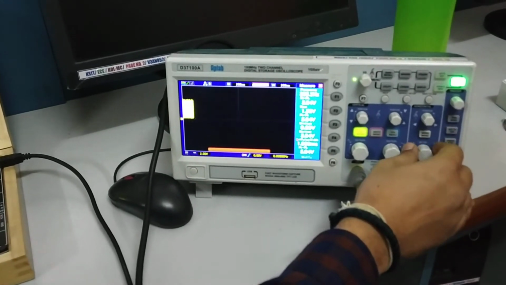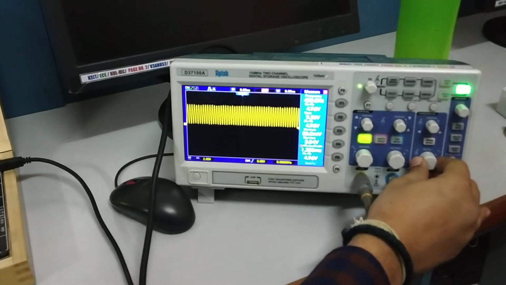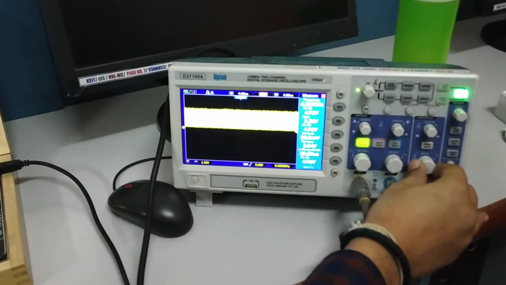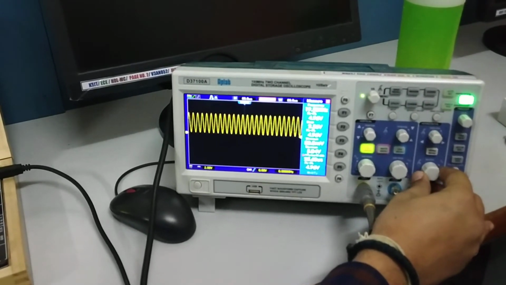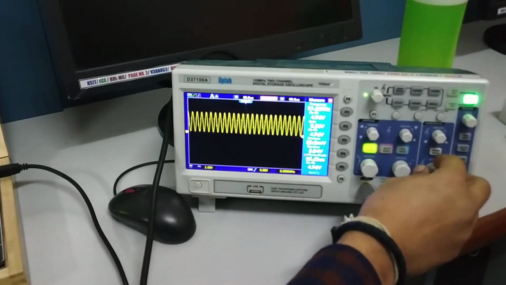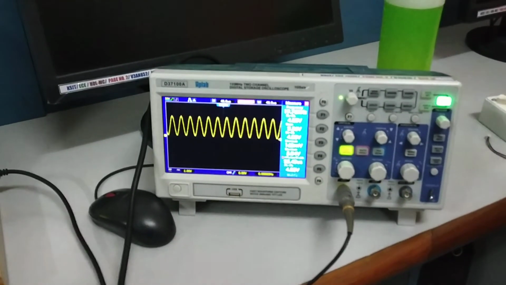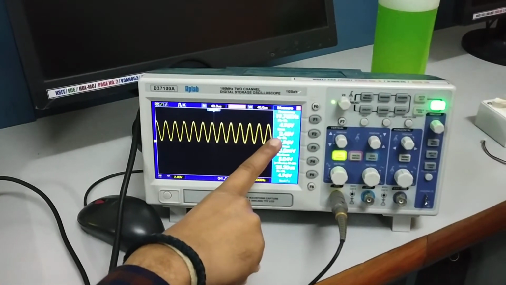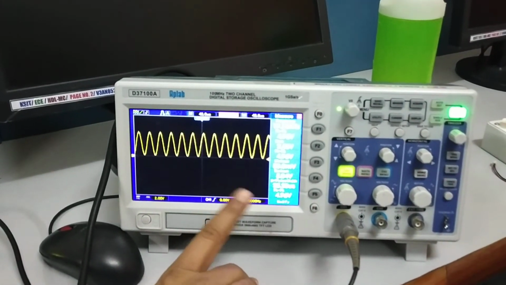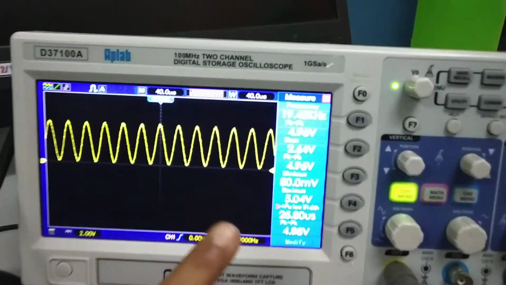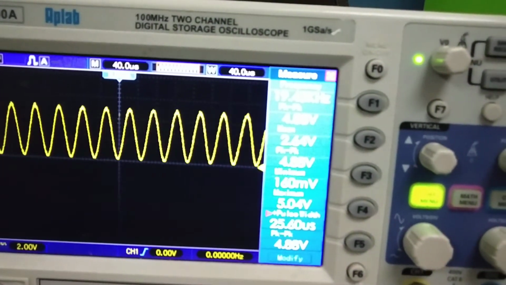This is the sine wave, of nearly 20 kilohertz. Okay, nearly 20 kilohertz. You can see that 19.5, 19.7. It is varying between that. So it's approximately 20 kilohertz.